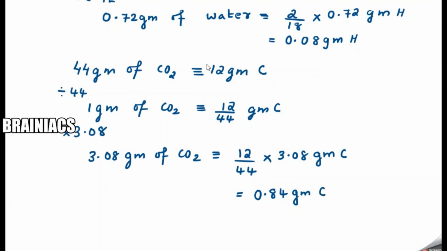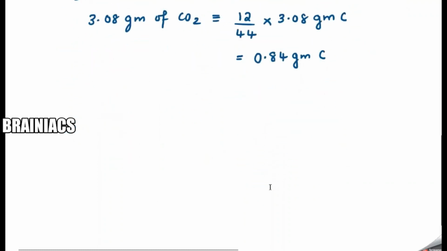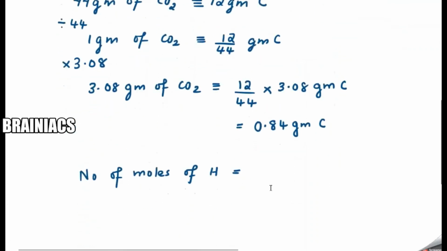Now I know the amount of carbon and hydrogen present in the given grams. 0.72 gram water has 0.08 gram hydrogen, and 3.08 gram of carbon dioxide has 0.84 gram of carbon. Now we will find the corresponding mole ratio. So the number of moles of hydrogen is equal to the weight in gram, which we have calculated as 0.08,